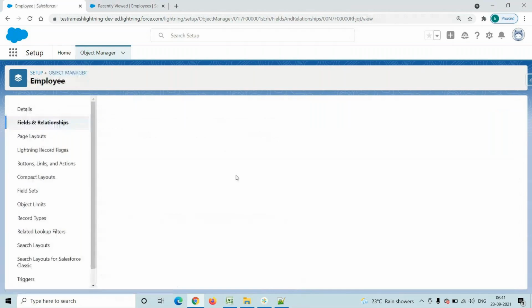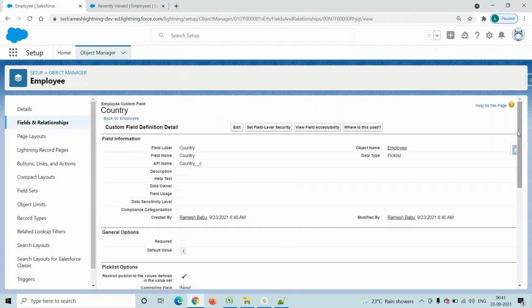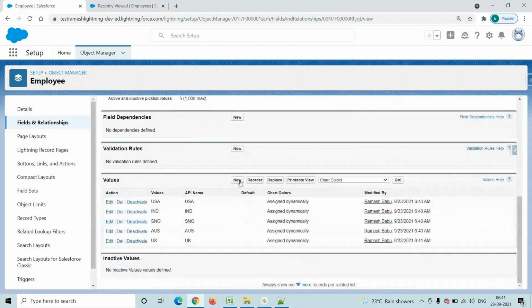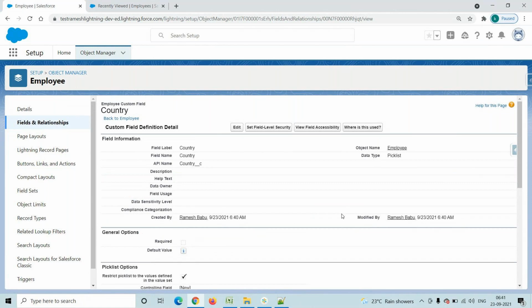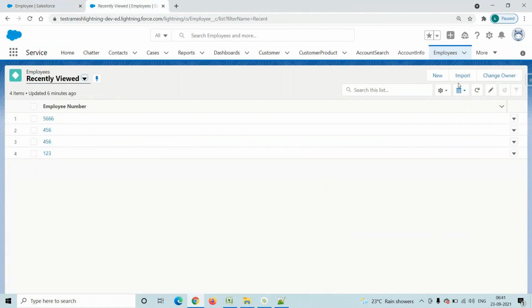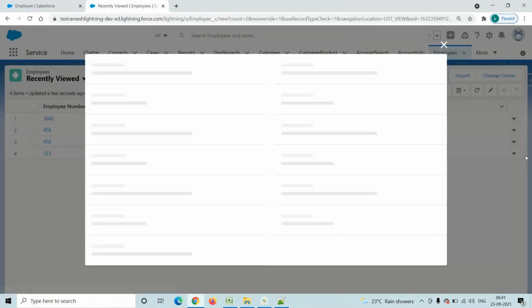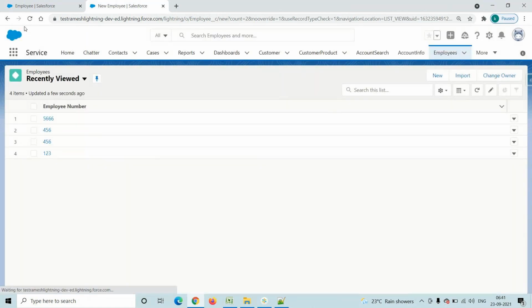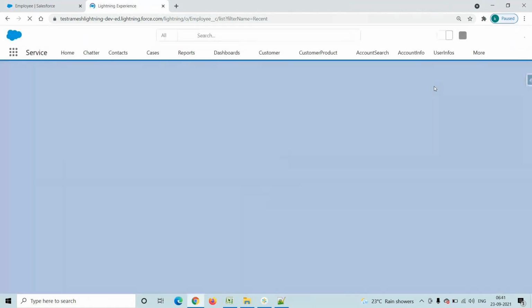So not only while creating, once created also, you go and scroll down here, click on this new button, and add these values. I will explain what this replace is and everything. Now we will go to the front end. We will see this field in the front end. Front end is the UI, the user interface. Here the user interface is the tab. Now go to here, click on the employee, click on this new button, refresh this one second.